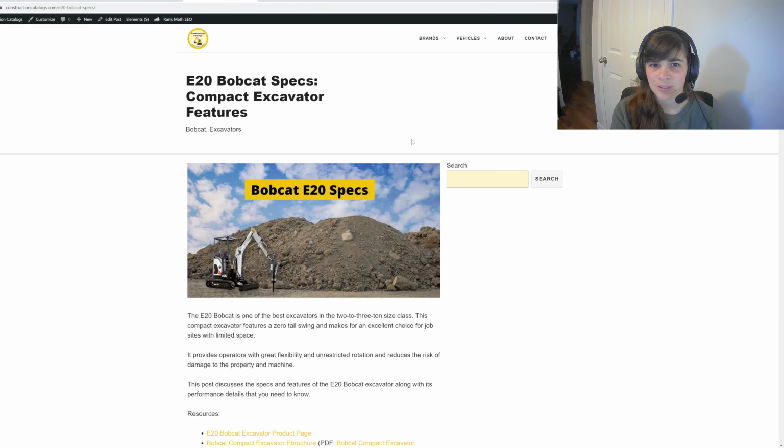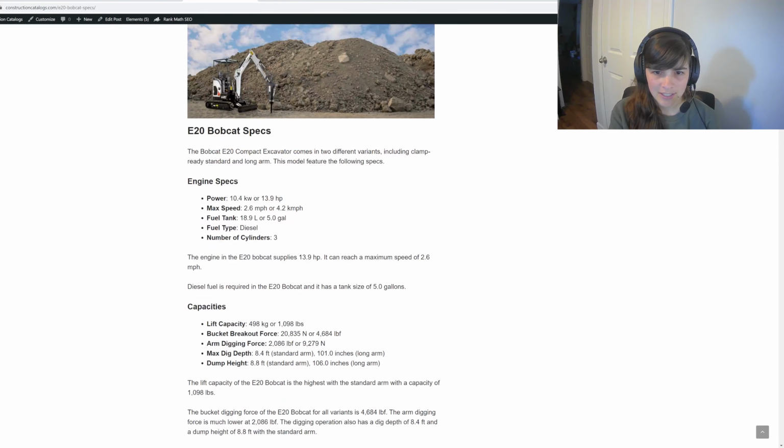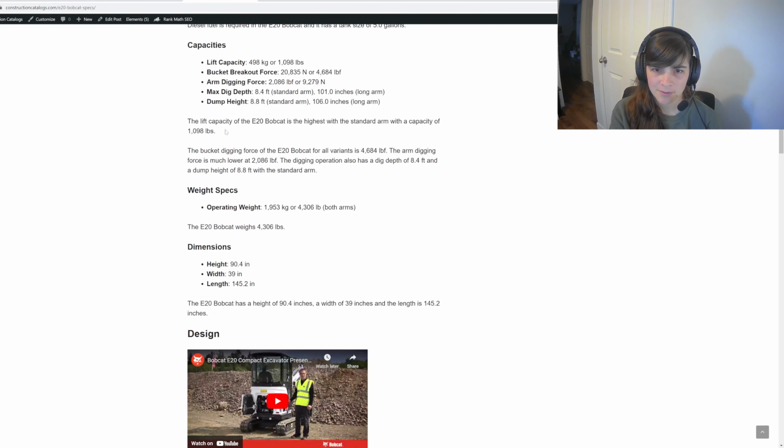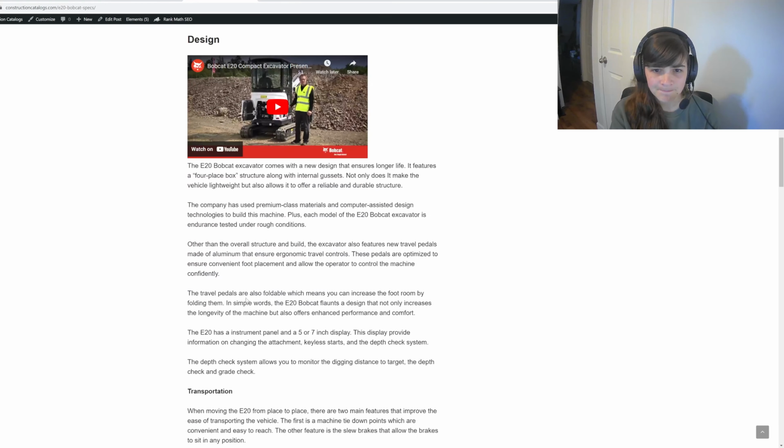So if we go back to my site and compare this to the E20, when I made the E20, I simply copied over the E10, changed out these resources to apply to the E20, changed all these engine specs, so I had to rewrite this section, but the same structure was there. I just changed the actual numbers for the lift capacity, digging force, the weight, dimensions, found a new video for